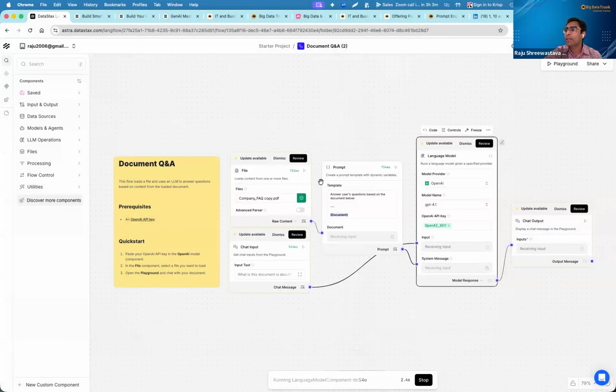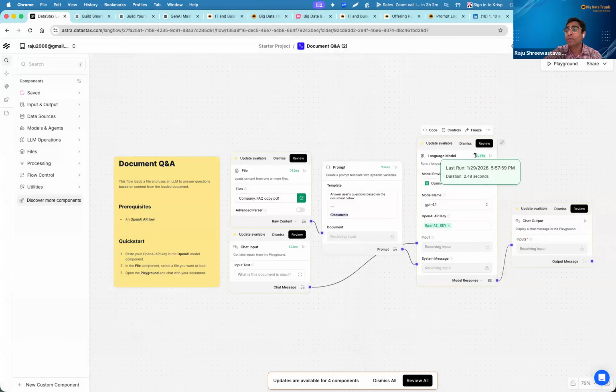First, I'm running this part of the flow, and when I run this part, it automatically runs everything. You see this green in a few seconds, which means everything is verified. My key is fine, my file is there, everything is working fine. After that, you can click on something called a playground, which will open up the interface in the test or application mode where I can run it. But before I do that, let me try to bring up that file,